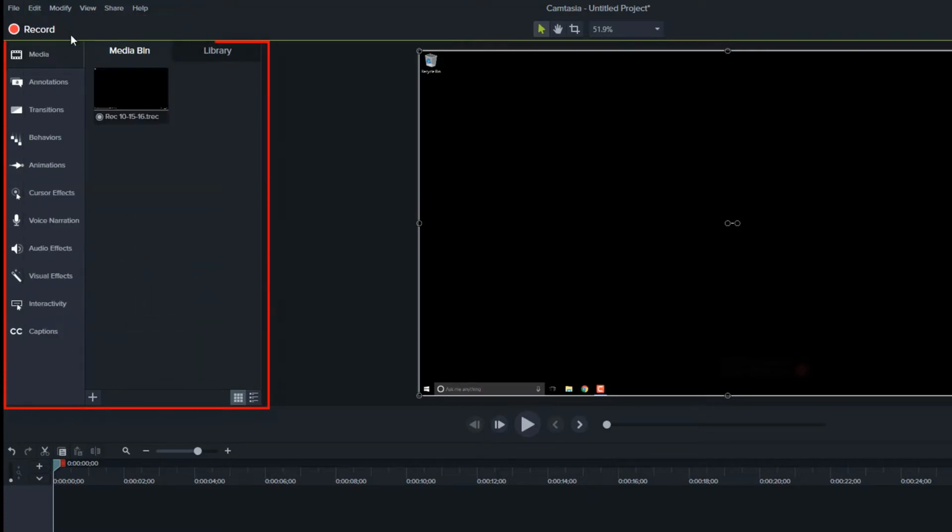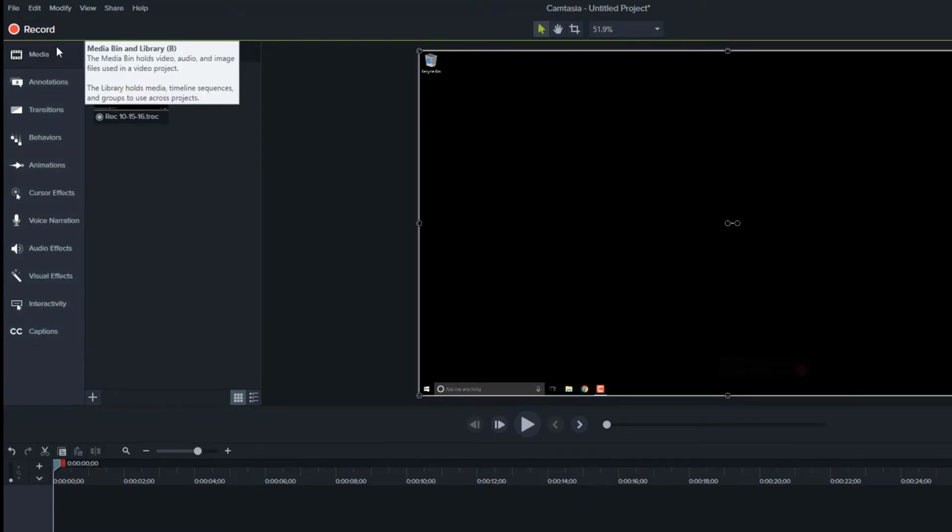So now back to the Tools panel. When I look at the Tools panel, I can see I have several tools here on the left. And you may have just noticed when I let my mouse rest over one of them, it will give me a tool tip to show me a little bit more information about each of these tools.